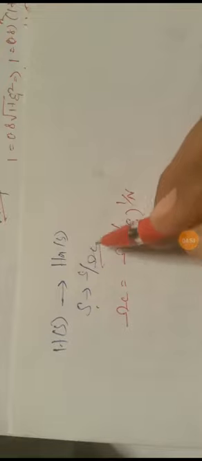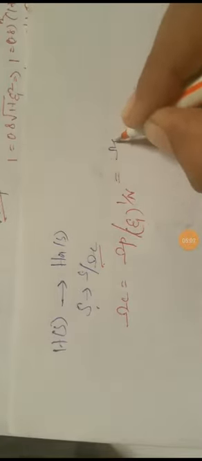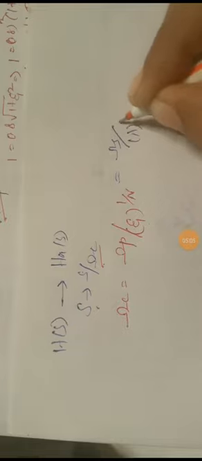After finding H(s), we have to find an analog filter that is equivalent to the given specification. So, to find that, s is substituted by s divided by omega c. Omega c can be calculated with this formula, or else it can be found by omega s divided by lambda, the whole power 1 by n, or you can use lambda p. I am using lambda p, omega p.